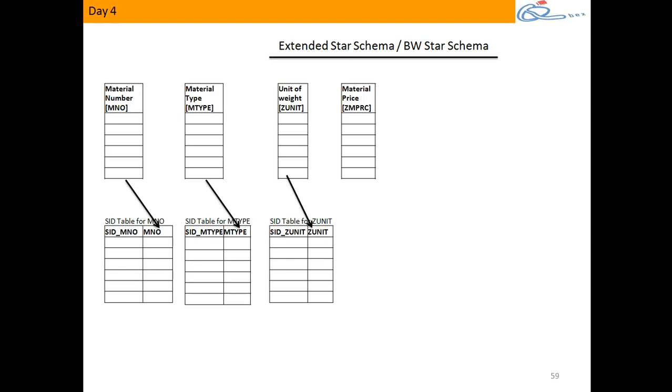Every characteristic info object can have its own attribute table, can have a text table, can have a hierarchy table. Now, metal number, is it a characteristic or key figure? Characteristic. Can it have an attribute table? Can this have its own text table? Can this have a hierarchy table? Yes. Now metal type, is it a characteristic? Can metal type have a text table? Yes. Can it have an attribute table? Yes. Can it have hierarchy tables? Yes. Now unit, is it not a characteristic? Unit is also a characteristic, but all other normal characteristics can have attribute table, text table, hierarchy tables. Every characteristic can have like that.